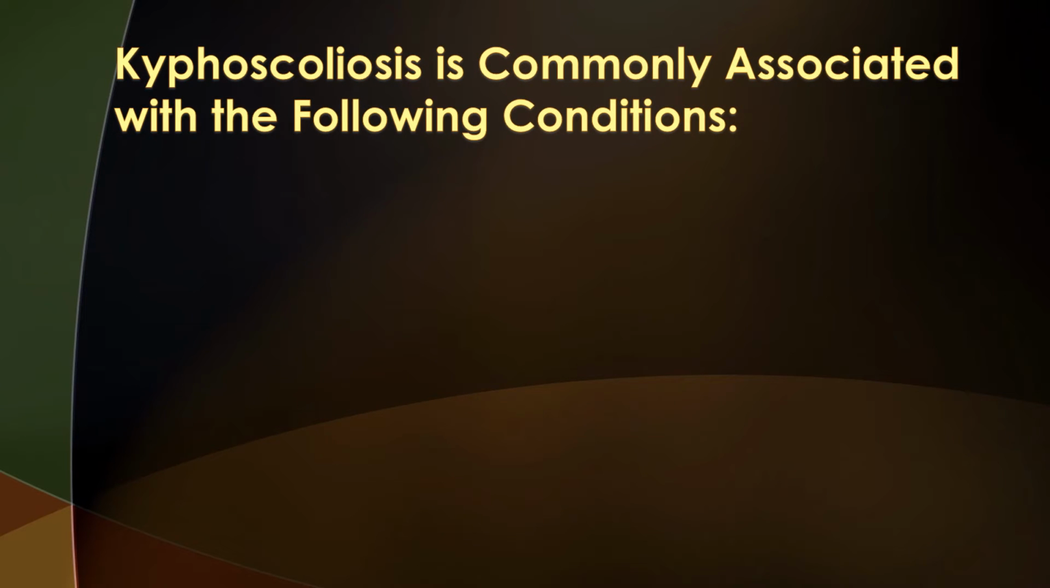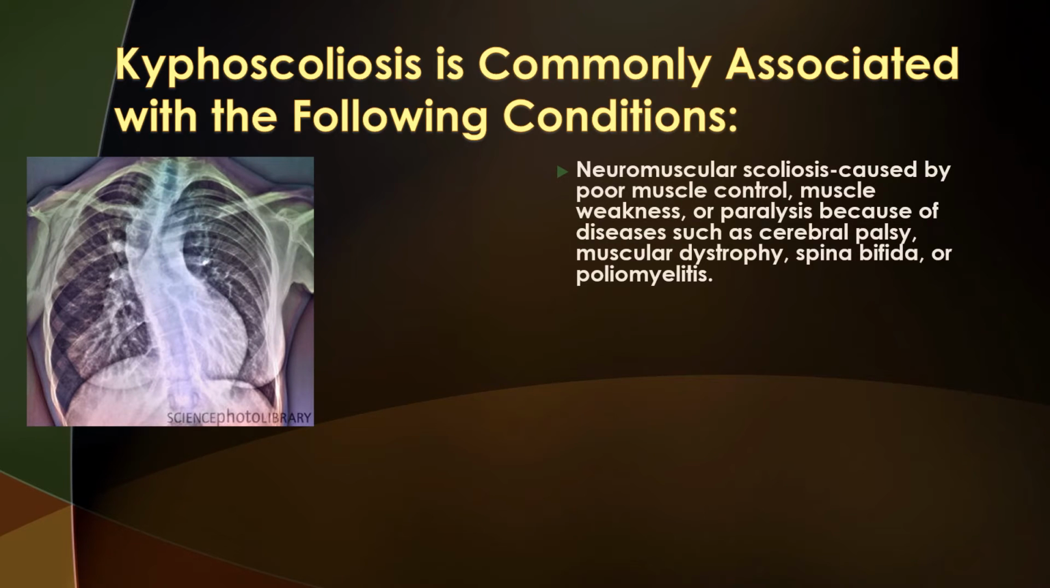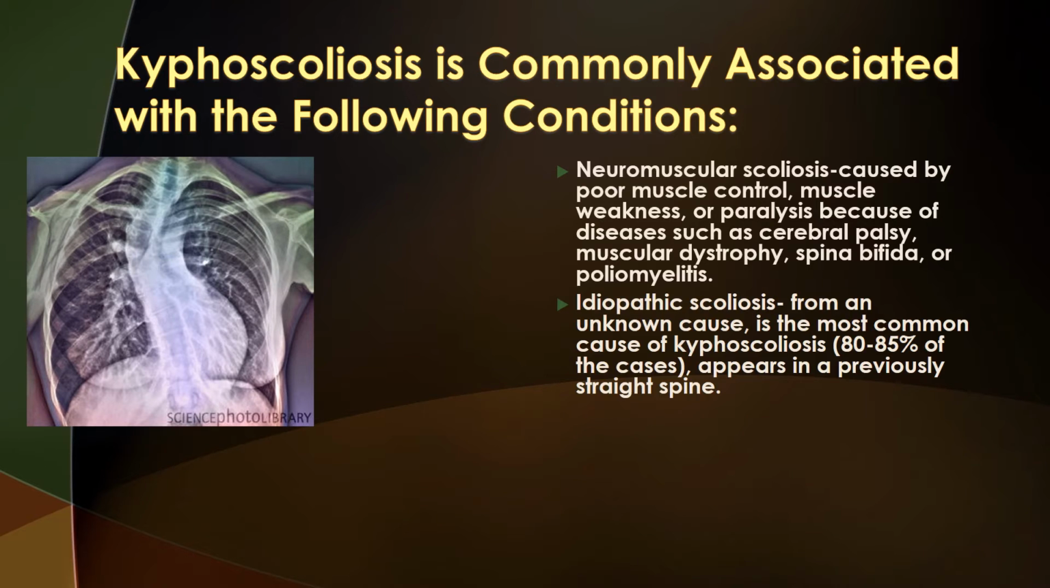Kyphoscoliosis is commonly associated with the following conditions: neuromuscular scoliosis caused by poor muscle control, muscle weakness, or paralysis because of diseases such as cerebral palsy, muscular dystrophy, spina bifida, or poliomyelitis. Idiopathic scoliosis from an unknown cause. It is the most common cause of kyphoscoliosis, about 80 to 85% of the cases,